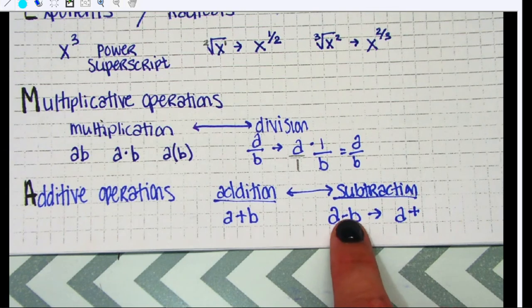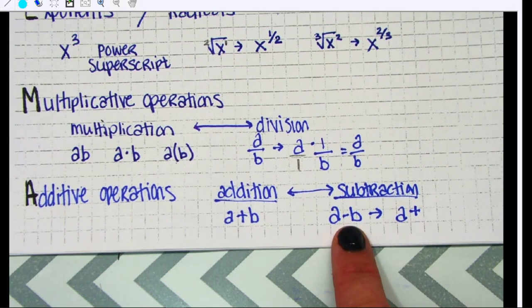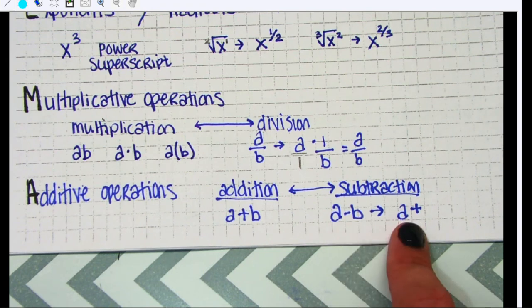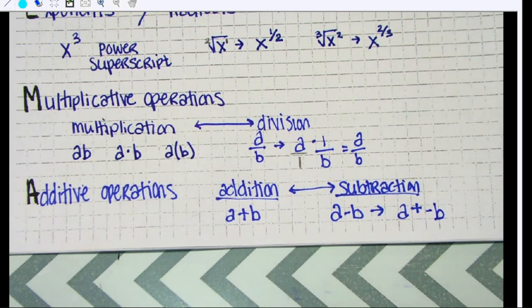I want to write A minus B, but with addition. So if I do A minus negative B, that would change this to A plus B. I want to keep it A minus B. So A plus what? There, negative B. If I do the double negative, it'll make it plus. So A minus B is the same thing as A plus negative B. So the subtraction is the same thing as addition. I can change any subtraction problem into an addition problem. All right? So on page 4,